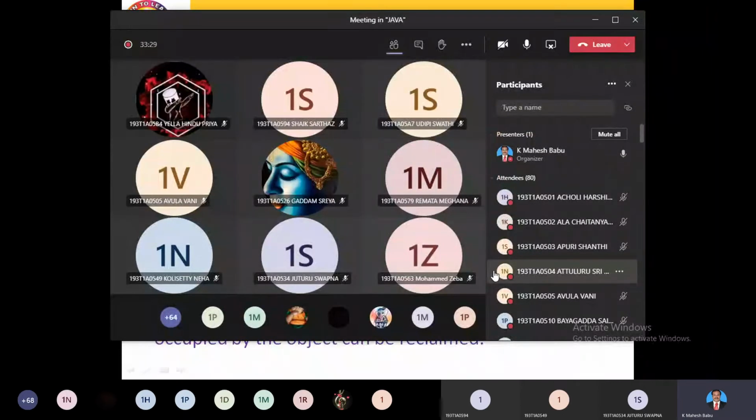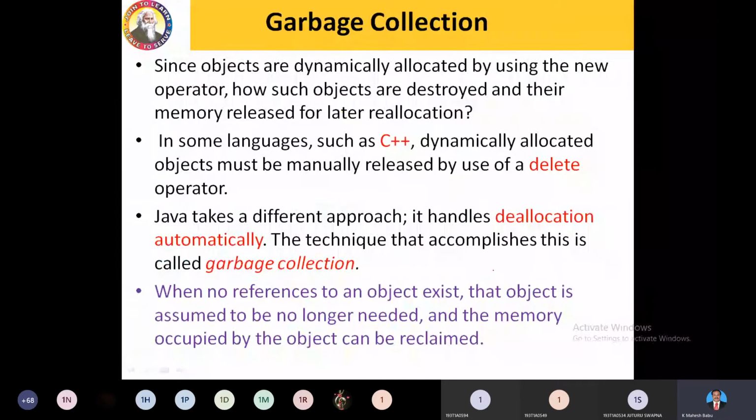The free method is used to deallocate the memory, to remove the memory. So that is what we need to take care of in C language. In C++, we have one more operator, the delete operator, in order to delete the memory. But coming to Java, it is not necessary. Deallocation is done automatically. There is no need to explicitly remove any unused memory. The system will recollect and delete all unused references and unused objects, and reuse the memory. That's the main advantage of this.